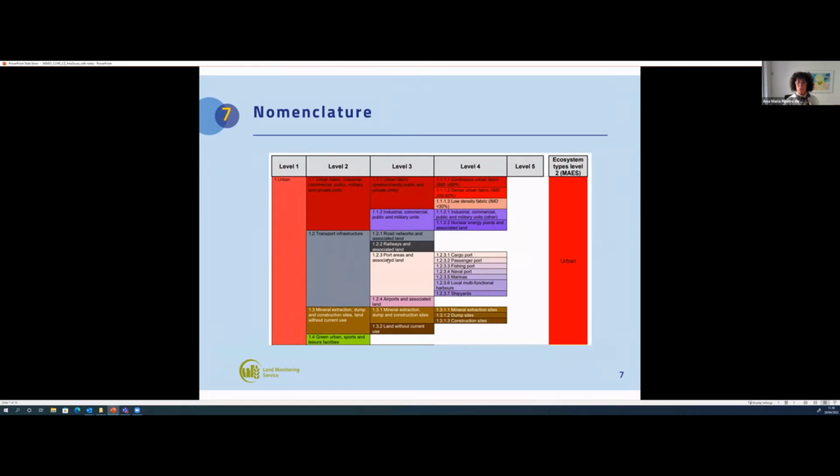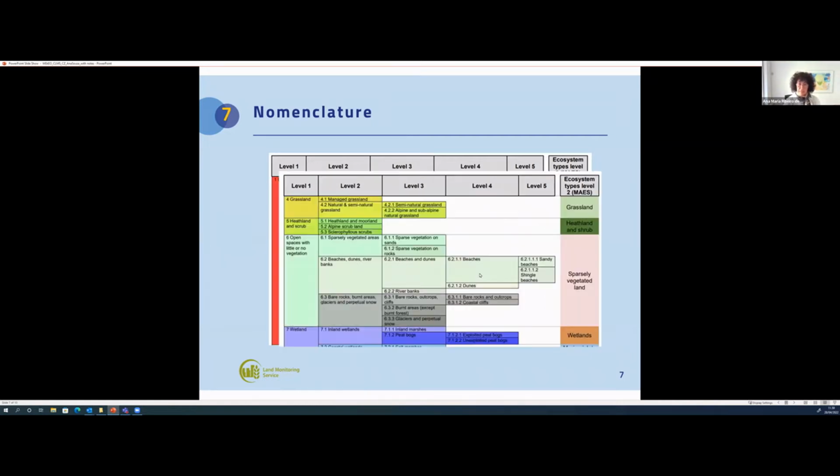Within level 3, port areas and associated land, we discriminate between cargo ports, passenger ports, fishing ports, naval, marinas, and local multifunctional harbors. And I have another example. I'm not showing the 71 classes, just examples. For instance, at level 5, we were requested to separate sandy beaches from shingle beaches. So this is for the nomenclature.